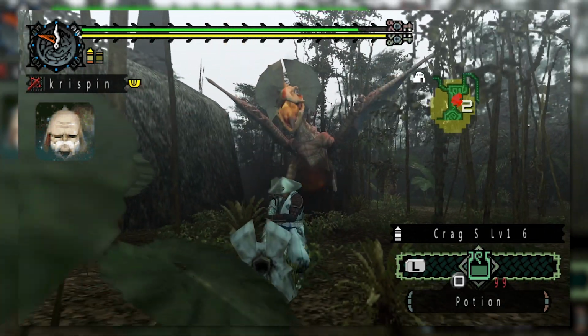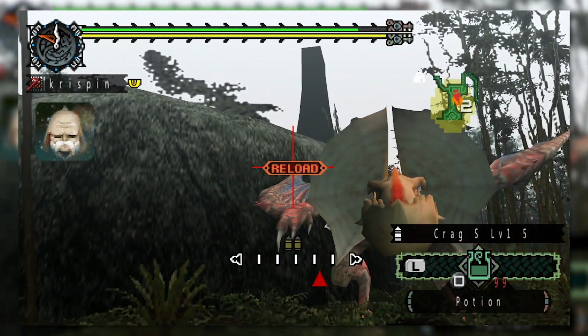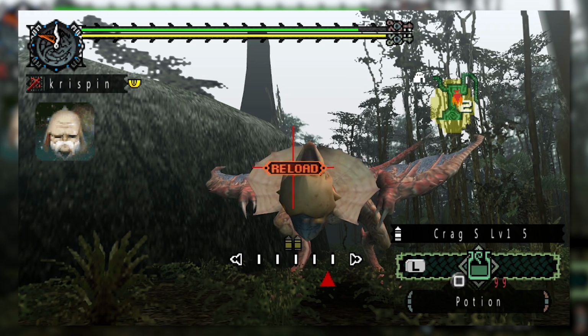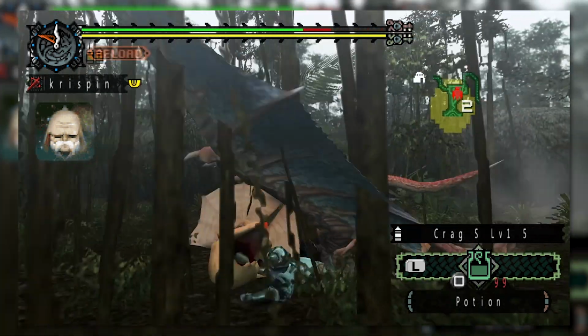The actual element being used was Water. In Generation 1, Flame and Dragon both acted as normal shots, while Ice and Thunder acted as Pierce. On top of the various combat ammo options, the bowgun actually has many support types to utilize while in a